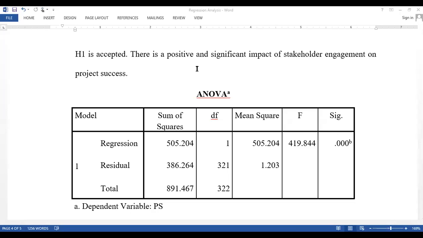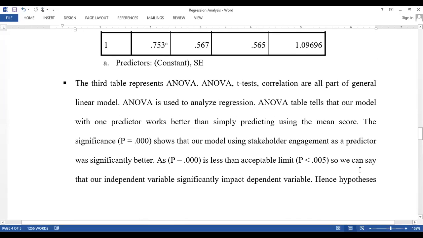The degree of freedom is 1, and the sample size is 323. Mean square is 505, and for the residual it is 1.2, and the F value is 4.9, and the significance value, or p-value, is 0.000.